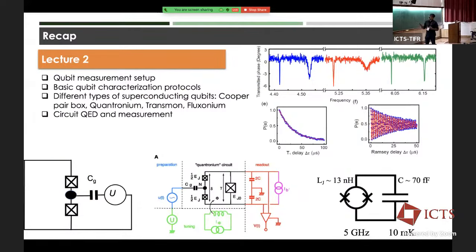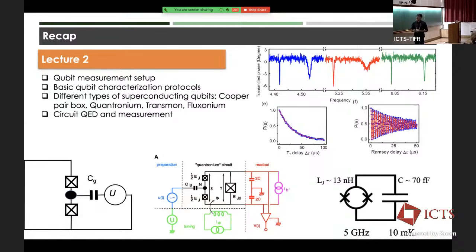Yesterday, we discussed the basics of the qubit measurement setup, what goes in both at room temperature and cryogenics. I explained the sequence of steps one typically has to go through to characterize the qubits, like doing spectroscopy to find the transitions, and then coherence measurements to get your relaxation and dephasing times. And then we discussed a few different types of superconducting qubits, starting with the so-called charge qubit or the Cooper pair box, which was sensitive to offset charges affecting the charge on this island and resulting in frequency fluctuations,